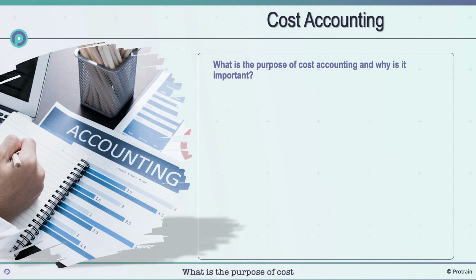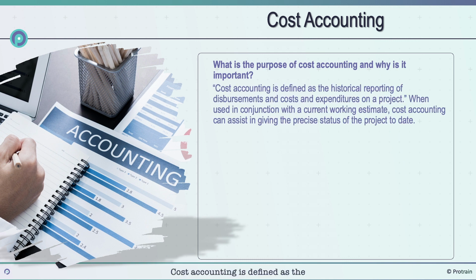What is the purpose of cost accounting and why is it important? Cost accounting is defined as the historical reporting of disbursements and costs and expenditures on a project. When used in conjunction with a current working estimate, cost accounting can assist in giving the precise status of the project to date. Historical costs can also provide a sound basis for forecasting and budgeting costs of future activities and